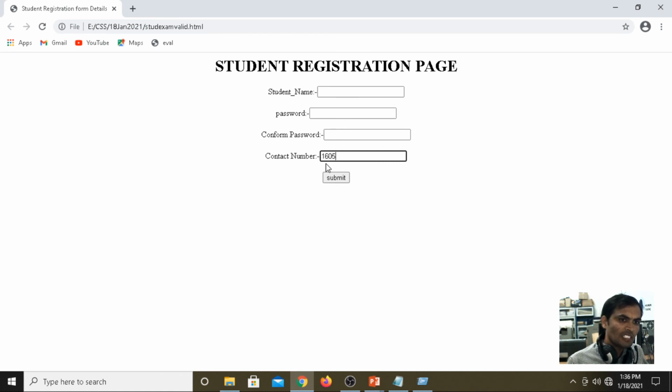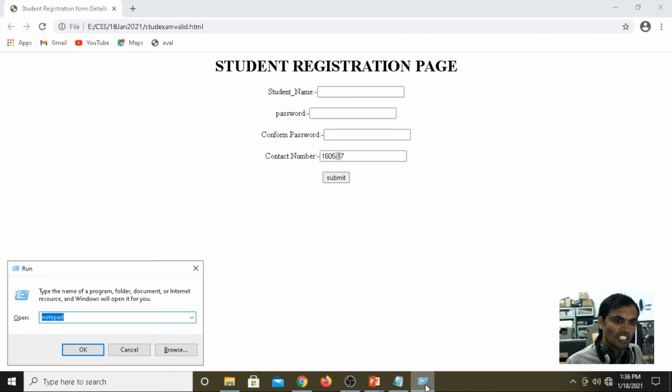Under the regular expression, we give the pattern 1605, then a hyphen, then the year of joining, like 14. Here in the expression we change the value, and we give the condition here.